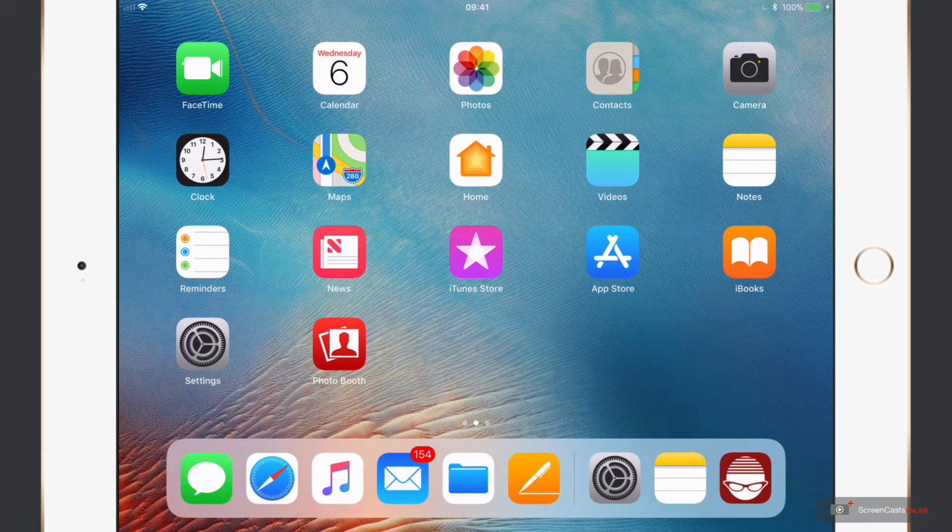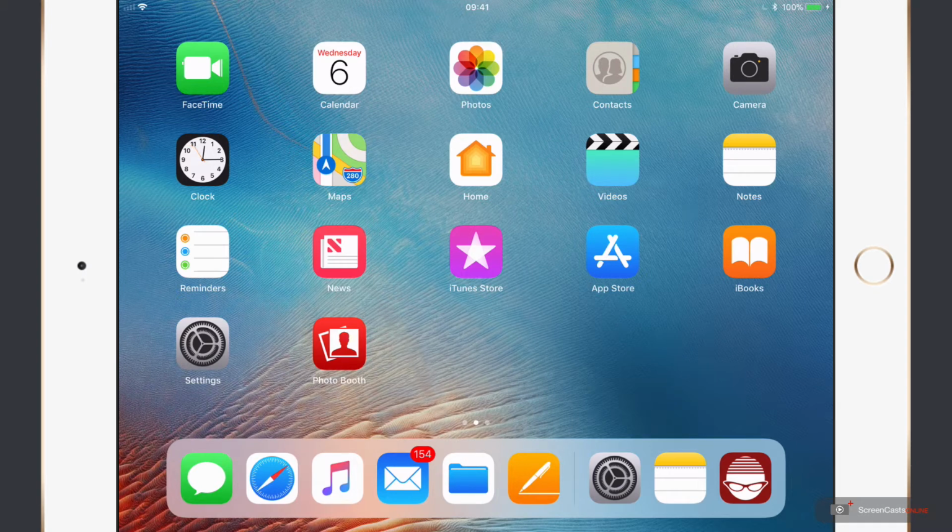Before I do go into restrictions though, just take a look at the home screen. Two things to point out to you. One, I've got full access to the camera here. I've got the camera icon in the top corner and also access to Safari down in the dock. So let's go ahead and set up some restrictions, and I'll start off by restricting access both to the camera